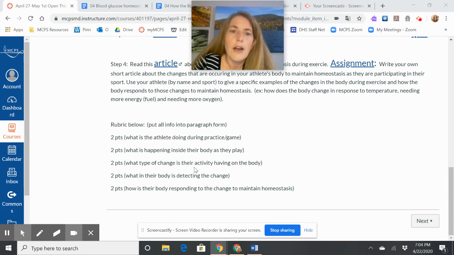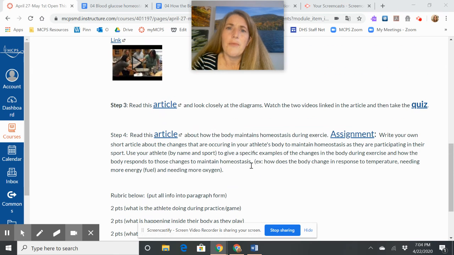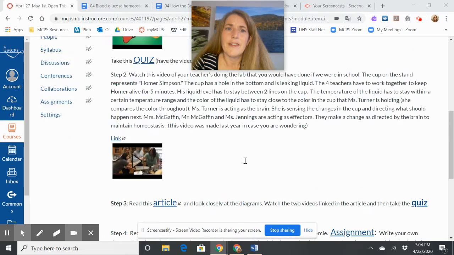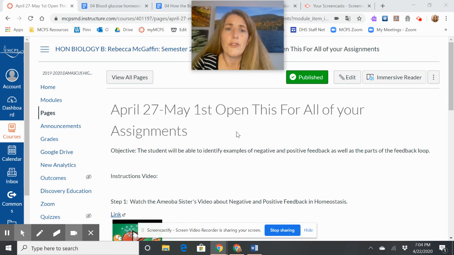Usually the brain. And then what is their body doing to react to that change? Okay, so they're sweating, or their heart rate's going up, or their breathing rate's going up, or you talk about insulin and they're taking in sugar or putting out sugar into the bloodstream if they need more sugar, and how their body maintains homeostasis. So all of these things are due on Sunday, May 1st, I think actually,